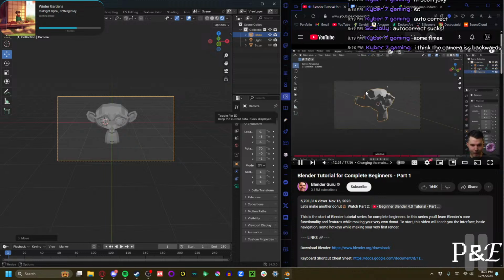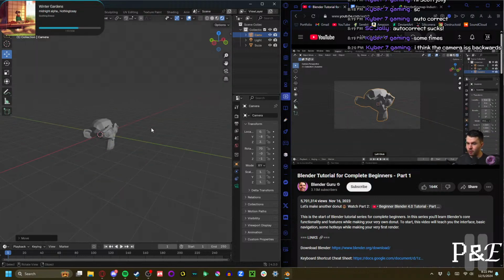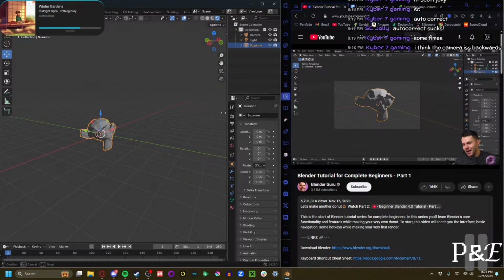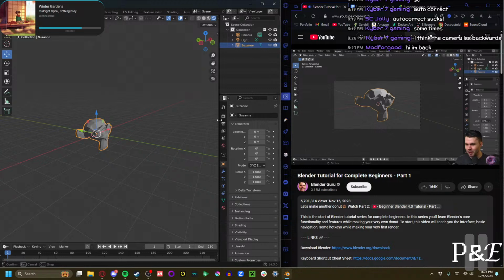So with our monkey head selected, we can go over to the properties. This properties section is where you might spend another, I don't know, 5 to 8%, getting too exact there. You might spend another 5% of your time in this section, but it's where all of the properties for things